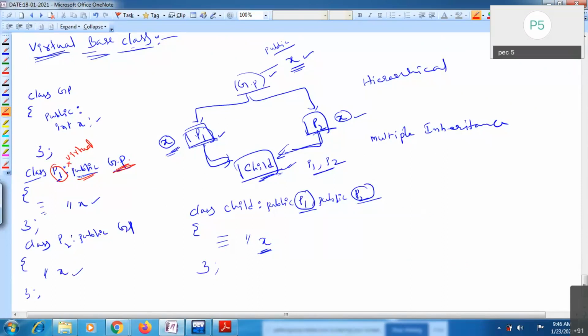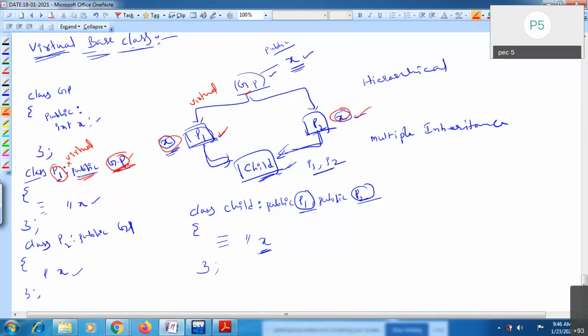The grandparent members will be shared with all its children as a single member. In the previous case it copies one x into p1 and one x into p2, but in the virtual case, the grandparent members are shared with the derived classes.